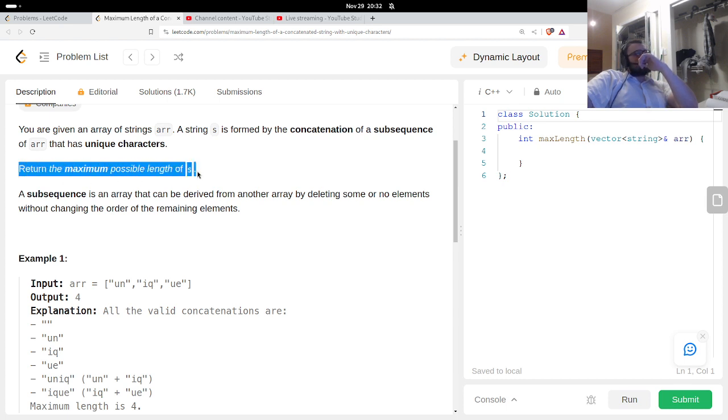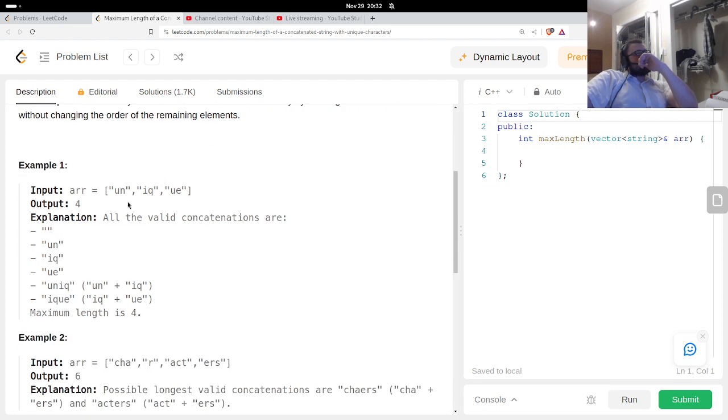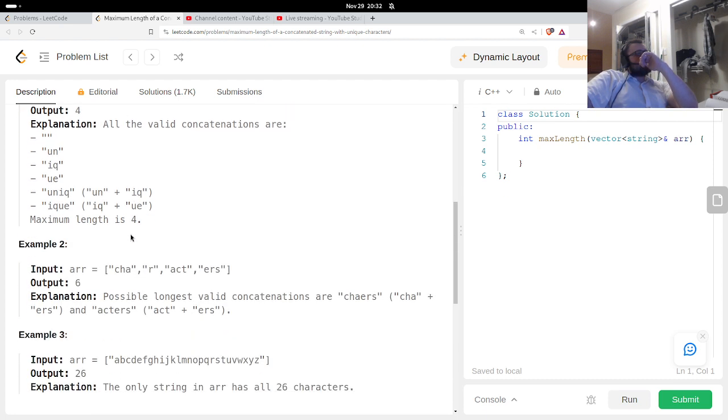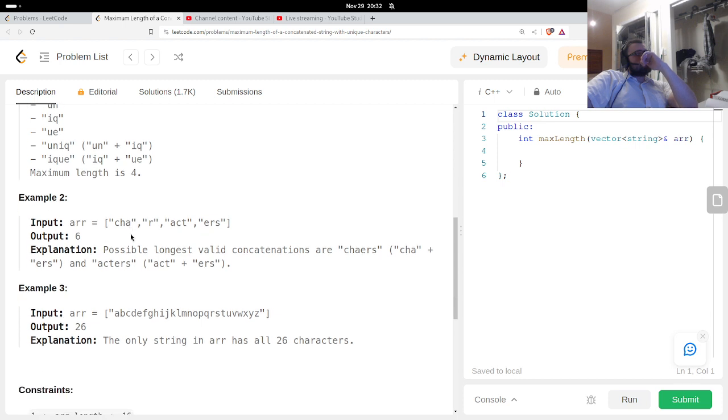Maximum possible length, this. You know, this is very similar to the vertex cover problem. It's not the same, but it's the subset cover problem, that's what I'm thinking of.